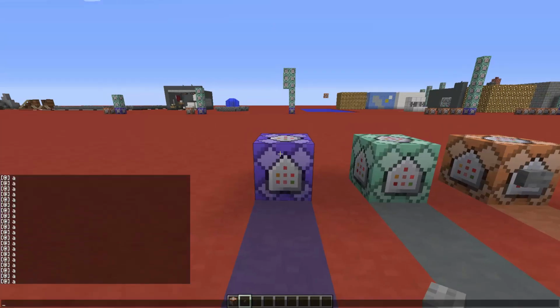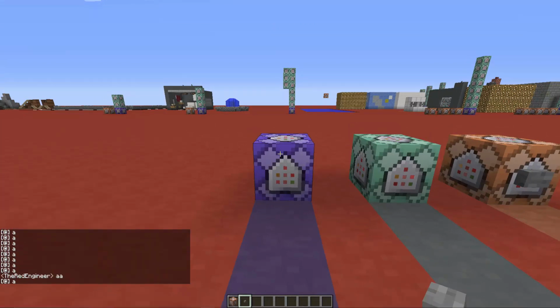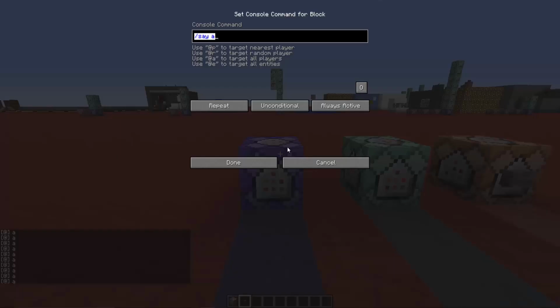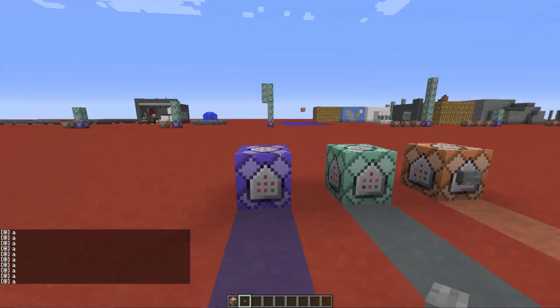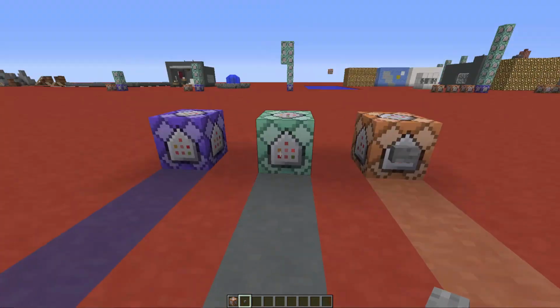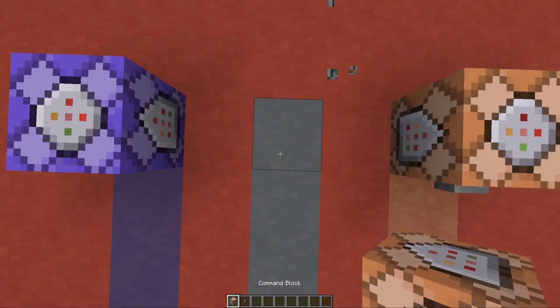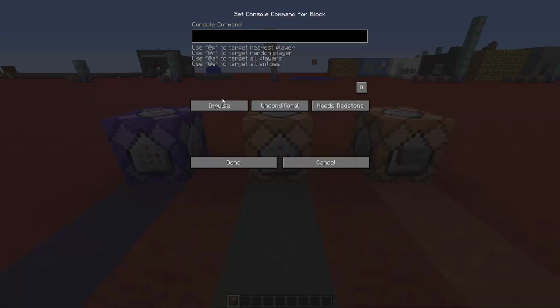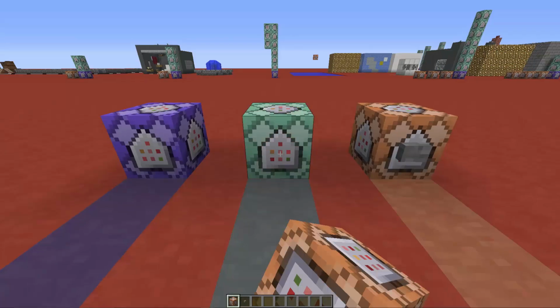And in this case it will continue saying A, for example, you can see here in the chat. Now let me deactivate it because I don't want to have spam in the chat. And let's go on the second command. Let me remove it for just a moment. Again, you place the normal command block on ground, you set it on chain this time, and there we go,